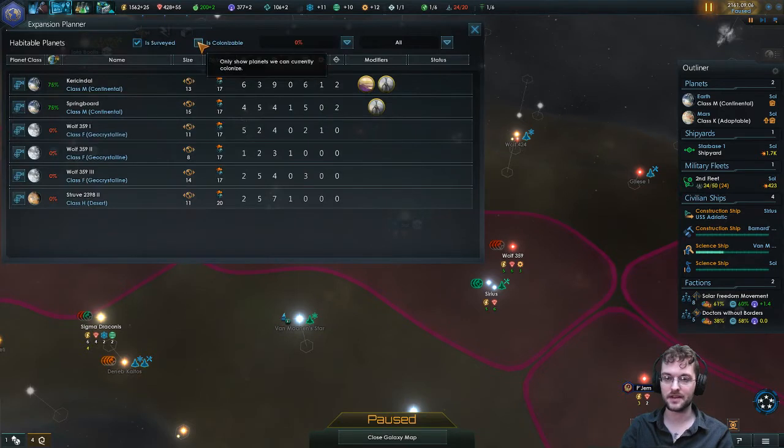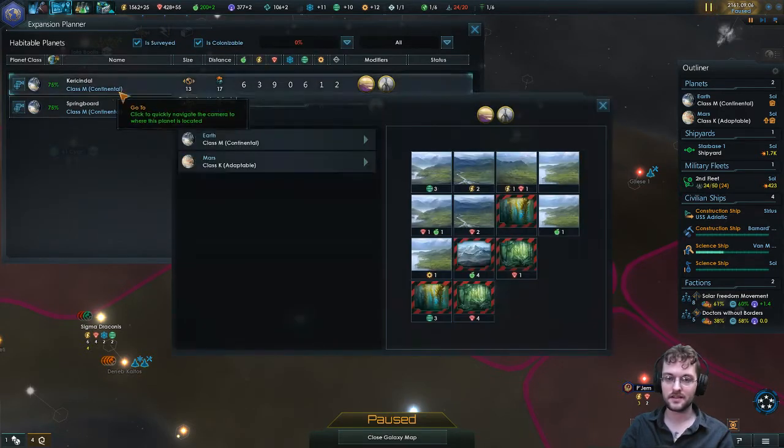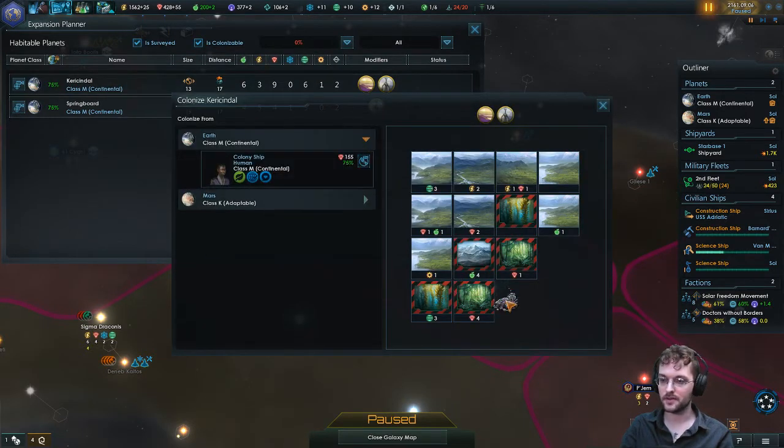So expansion planner is colonizable. Kirchendal, let's colonize that from Earth. Right here? Okay, this would have 2 things it supports. This would have 2, and it would add on to that. This would have 3, potentially, and it would add on to that. Yeah, let's